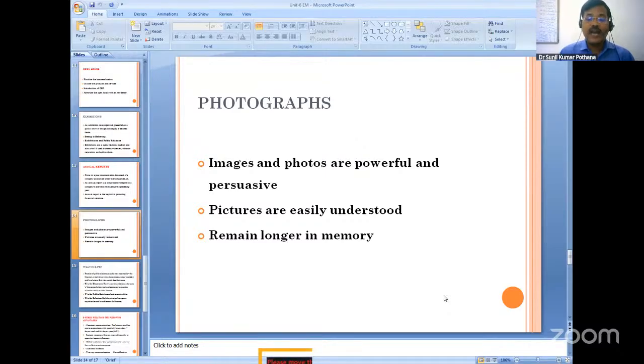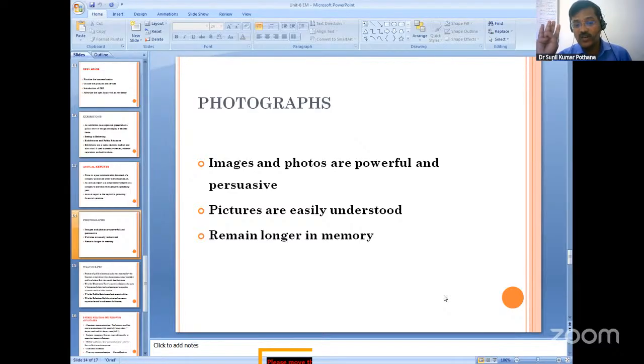Photographs. Earlier, only the print medium. Then before it, we had only the radio medium. Later, some 200 years ago, we had a printing process. Printing machines became available all over the world. So, in newspapers or in any kind of print material, either brochures, newsletters, house journals, newspapers, the photographs